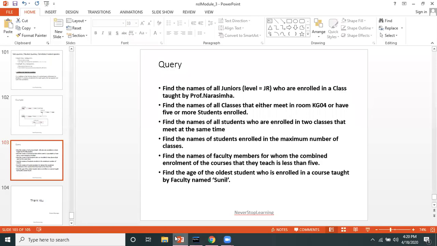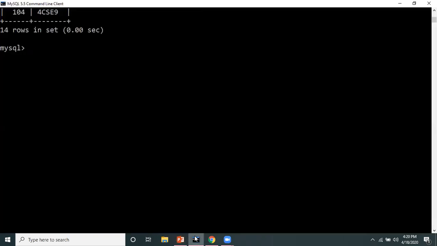Find the name of all students who are enrolled in two classes that meet at the same time. Means there is a clash between the time of those classes, and there is a student who is enrolled for both the classes. So I'm writing select distinct, and I want that particular student's details.